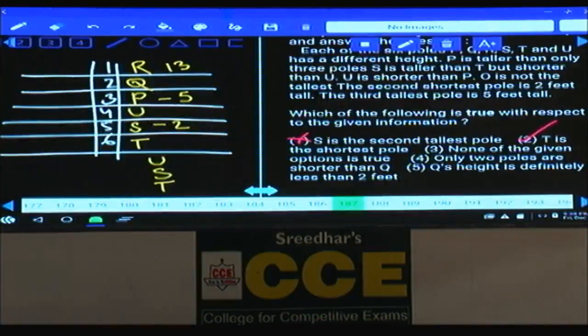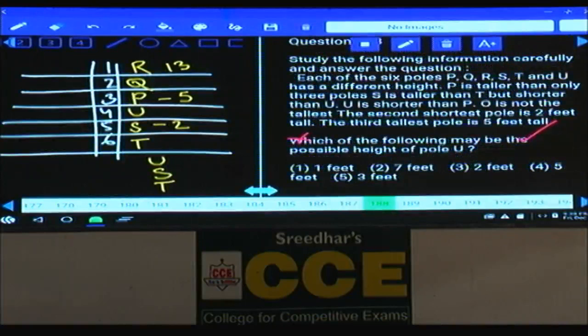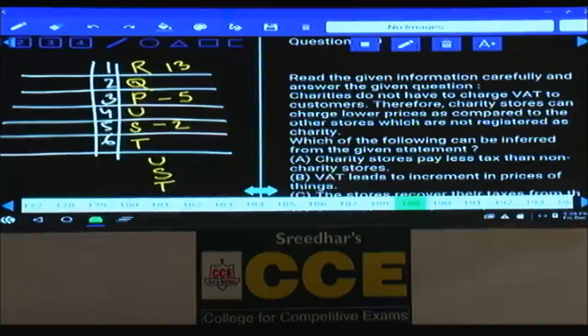187, choice 2. Then 188. Now in this 188, which of the following may be the possible height of pole U? U is in between 2 and 5. In between 2 and 5, that is choice 5, 3 feet, choice 5, 188. Then 189,